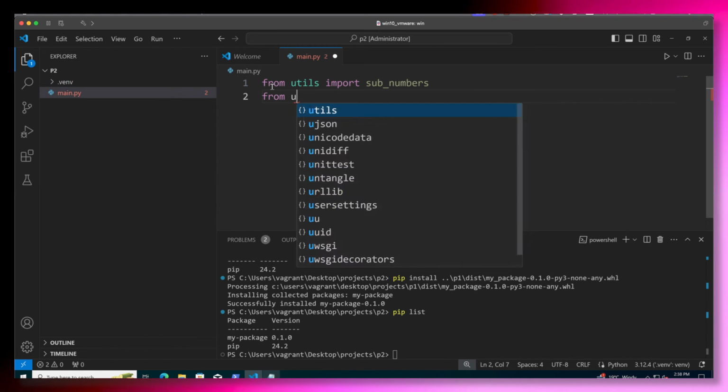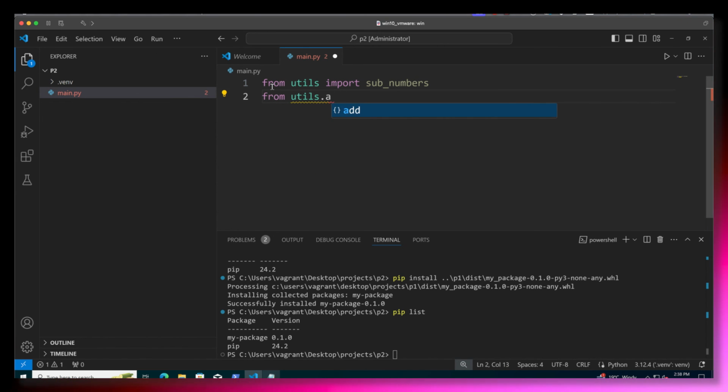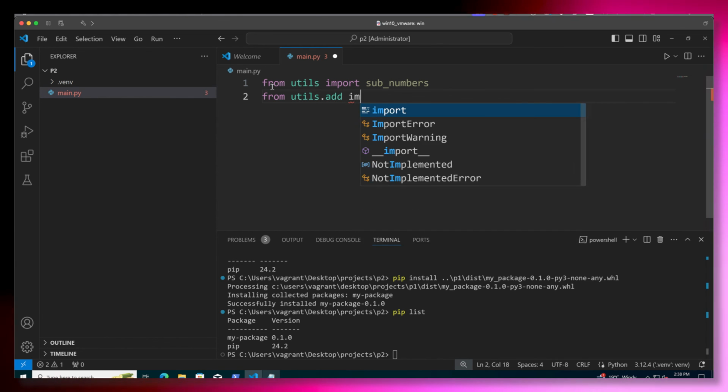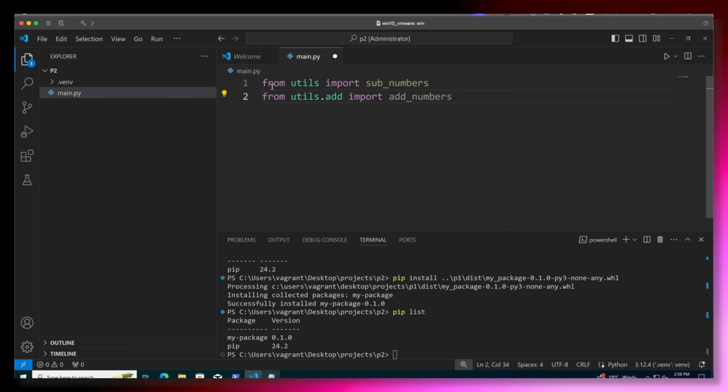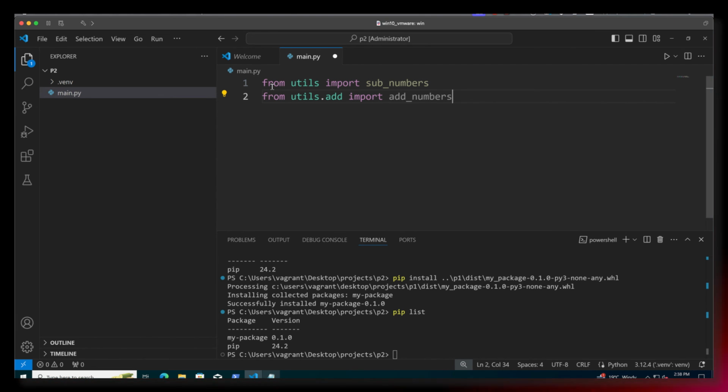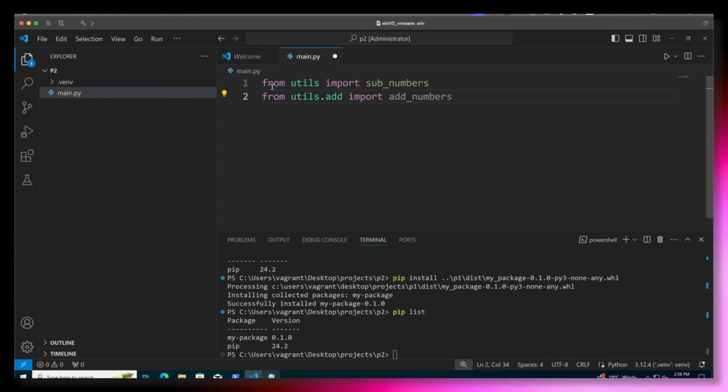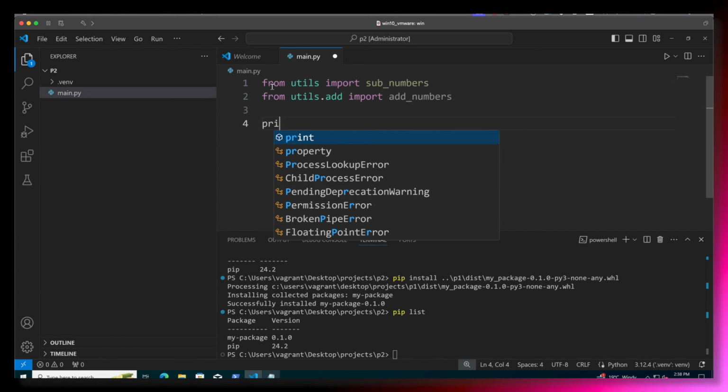And then we can prove that it's working through to the add.py, utils.add. And we can then go through and see import and our add_numbers. We want to check that both of these are working, so both can be imported and can execute correctly. So we will add in the simple print statements, but we've imported all of our packages, but not the modules at the top level. So we didn't have our simple module or our main module.